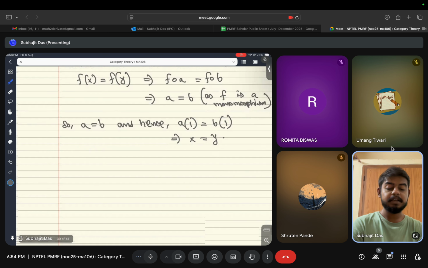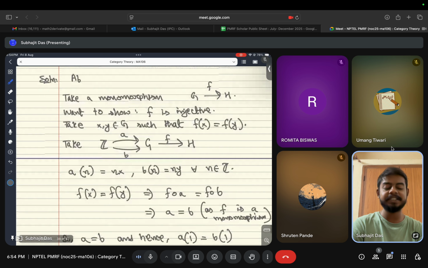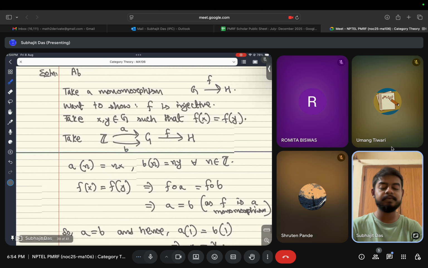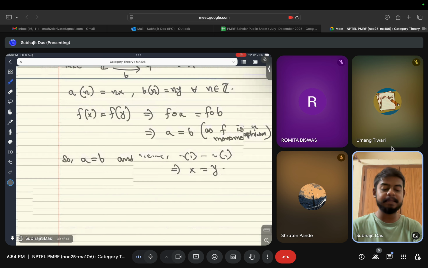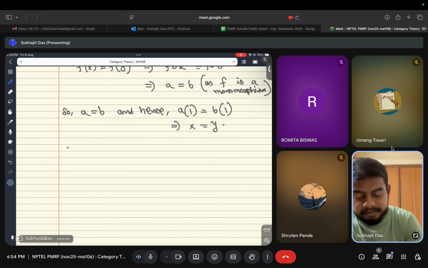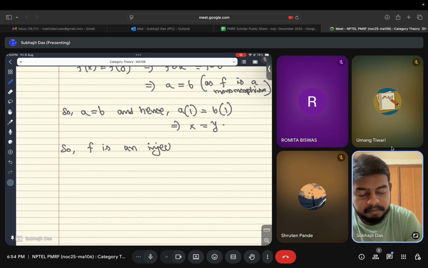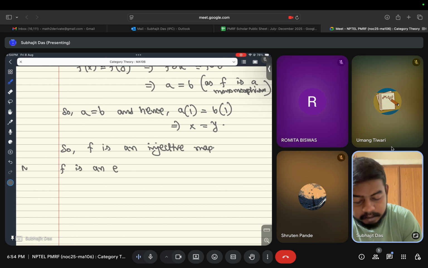Right. So we have proved that monomorphisms are injective maps, and in fact the converse is also true. In this category AB this happens. And what about epimorphisms? Yeah, so let's conclude. F is an injective map. Now assume F is an epimorphism. Now let G be an epimorphism